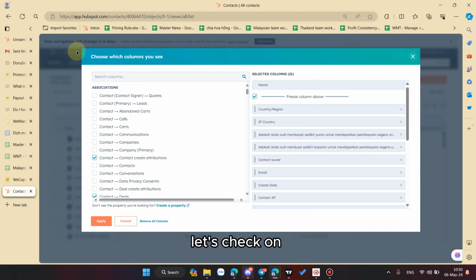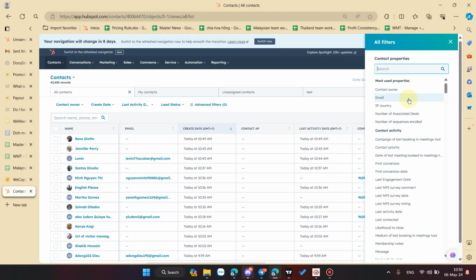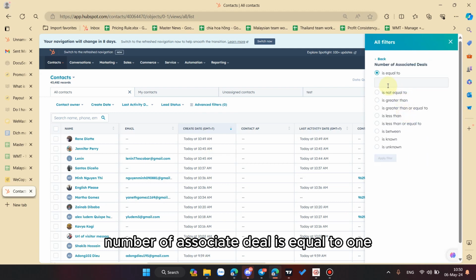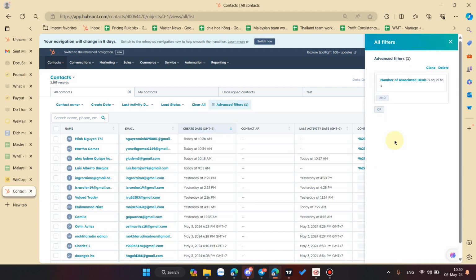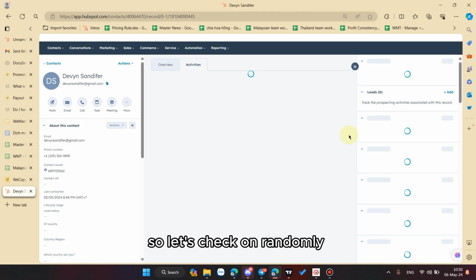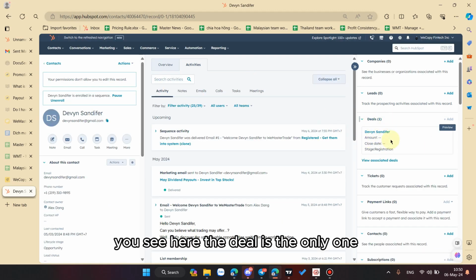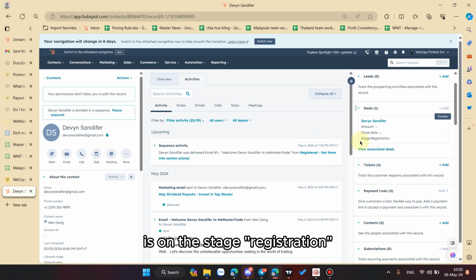Let me filter again. Number of associated deals is equal to one. Apply filter. Let's check randomly on anyone. Click on one. You see here, there is only one deal, and it is on the registration stage. They did not buy anything.